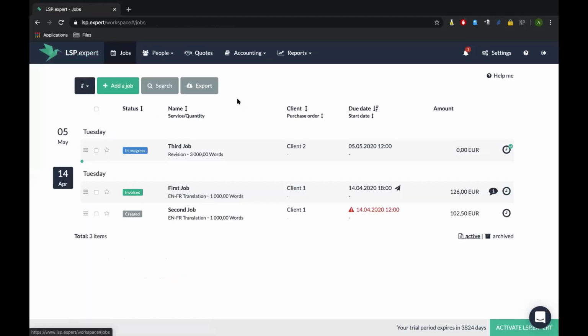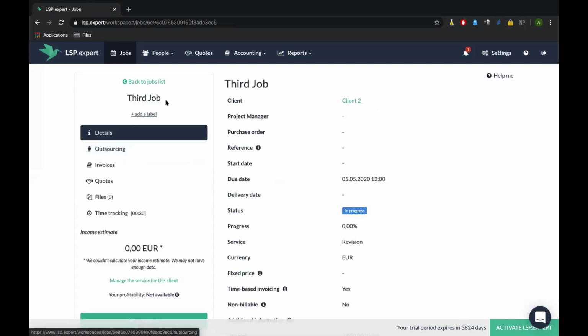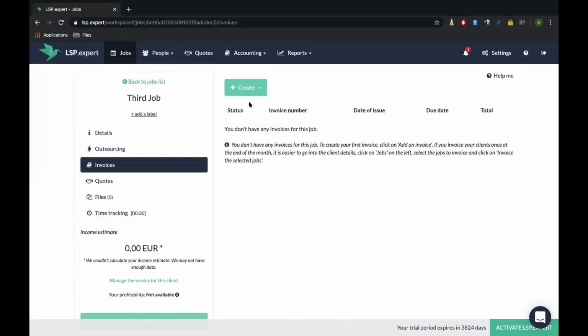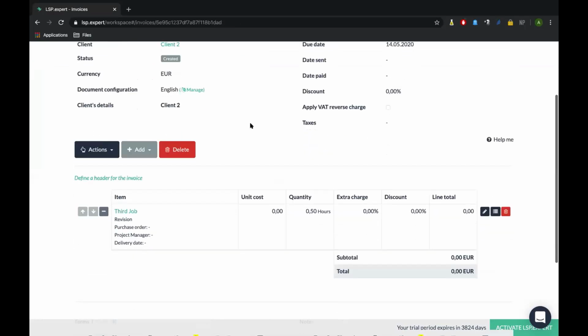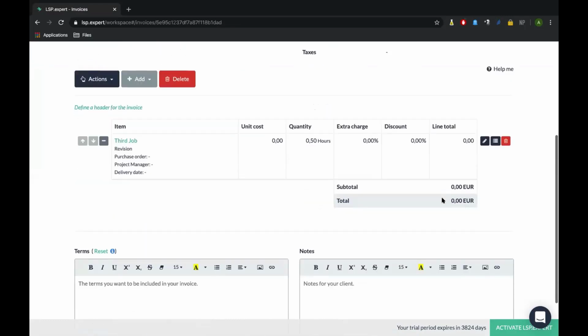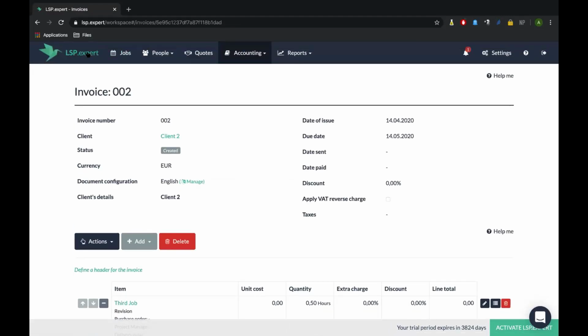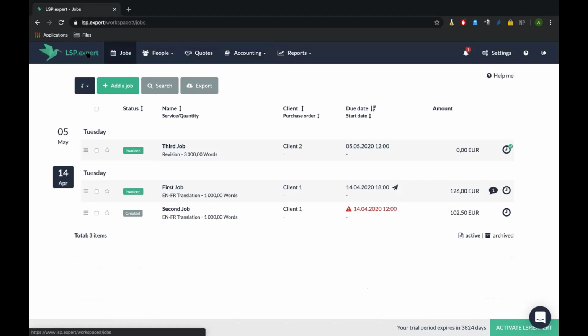But anyway, when you're done with your task, you can just then invoice it. I'll show you again how you invoice that. So you can create an invoice from here so that you can see how it works also. I create my second invoice and you can see that it will just add the amount of time I've been spending. I haven't been spending enough right now, but it will just update the line total and really display the time I've been working on and the money my client owes me.